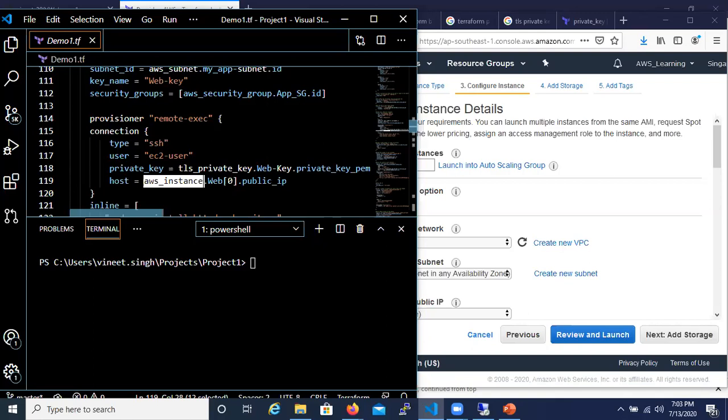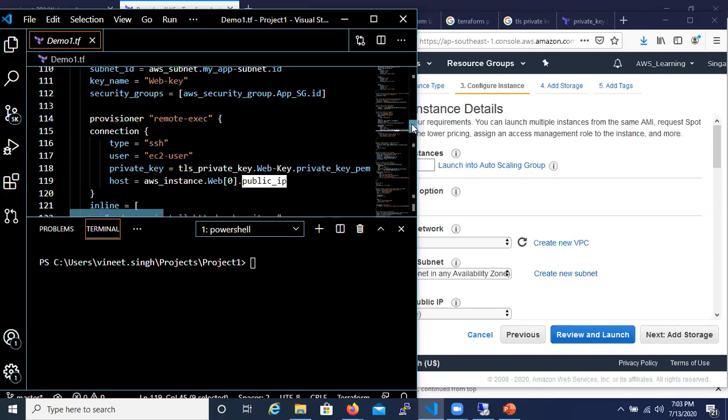The first instance that is launched is referred to as web[0], the second instance will be referred to as web[1], and the third instance will be referred to as web[2]. And whenever this instance is launched, it will have a parameter called public_ip. That is what will be used to log into this instance.